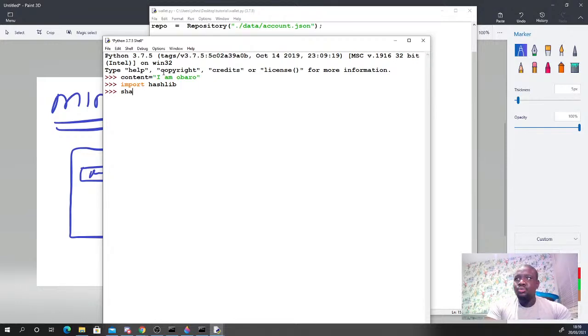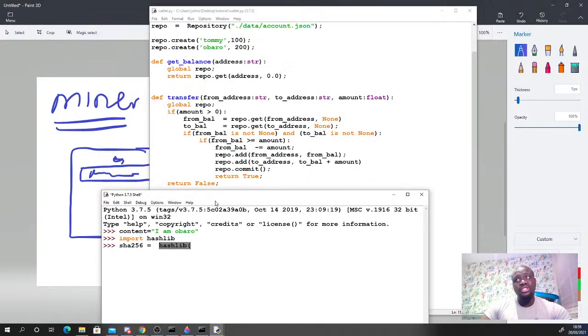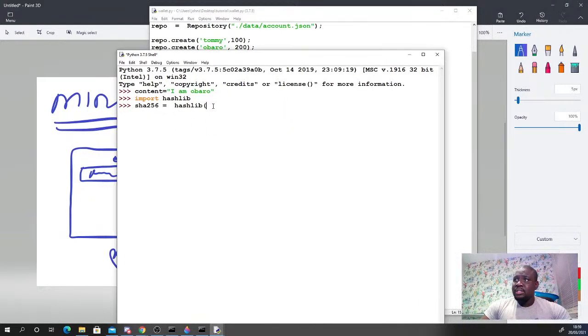So I'm going to use the hash, which is SHA-256. Bitcoin uses a hash value to do its hash calculation. There are a lot of mathematical functions. This is just a function, like the way we wrote the transfer functions, but somebody wrote this to do these calculations. So if I take this content,